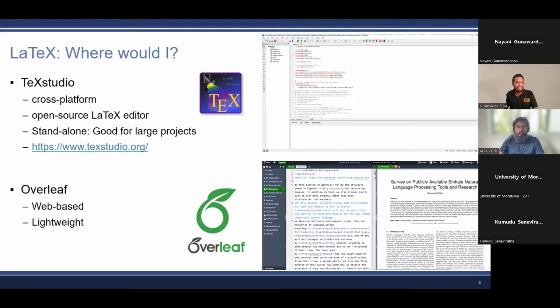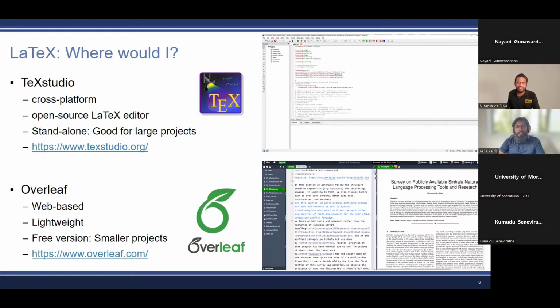It is web-based, it is lightweight. I have several of these tabs open at all times on my Chrome, and it doesn't slow down or make trouble for me any more than any other tab. And I have also put the links here. Hopefully, the library will provide you with these slides as PDF. Then once you have it in your hands, you can click on it and go to these sites.